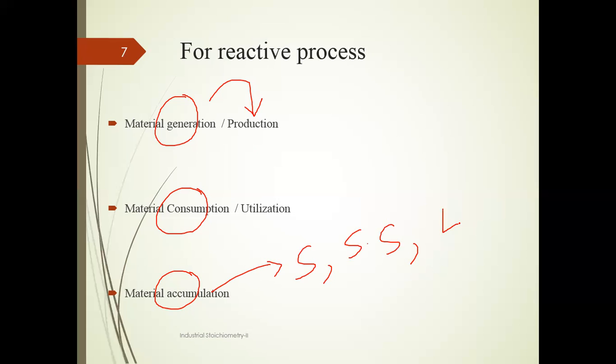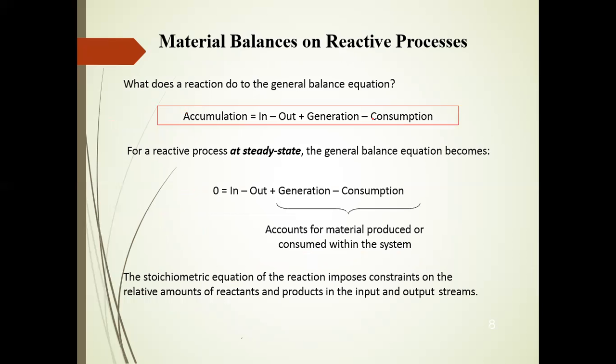So there will, of course, be an accumulation term. Sometimes these materials may accumulate on the walls of the reactors. Sometimes the materials will stick to the stirrer of the reacting system. Sometimes these materials will deposit on the inside walls of your container or vessel. So for the material balance of a reactive system, the general mass balance equation will be the same as for the non-reactive system.